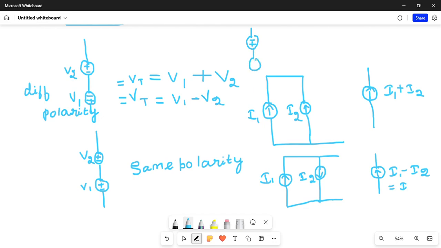Like this, you should have the same negative-positive polarity for the other voltage also. So if you consider this as V1 and V2, you get positive V1 plus V2, right? In the same case for the current, if you have this direction,